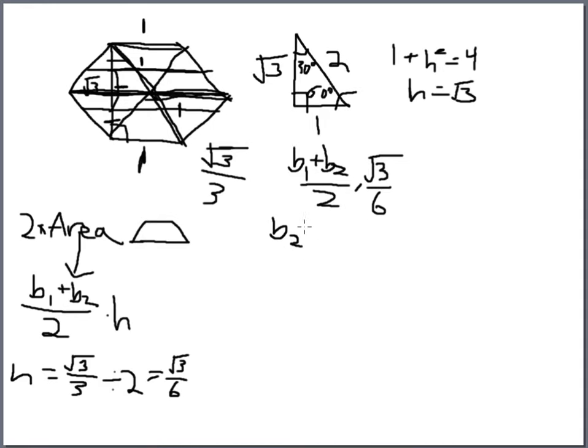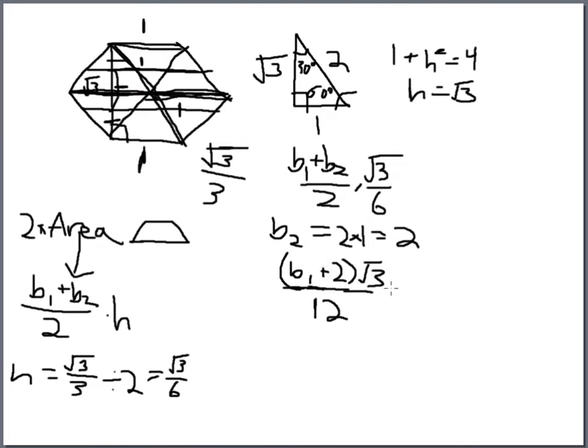So the base, let's name the larger base sub 2. Base sub 2 is just equal to 2 times 1, which is equal to 2. So now we have base sub 1 plus base sub 2, I'm gonna erase this out. So 1 plus 2, and we're just going to simplify this, times square root of 3, is equal to,